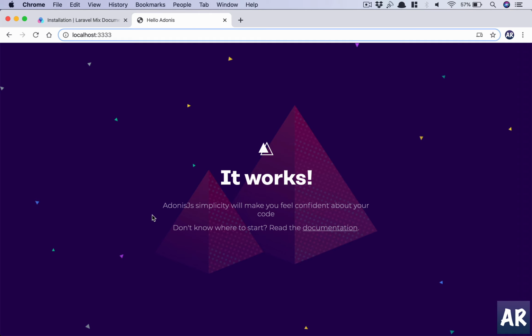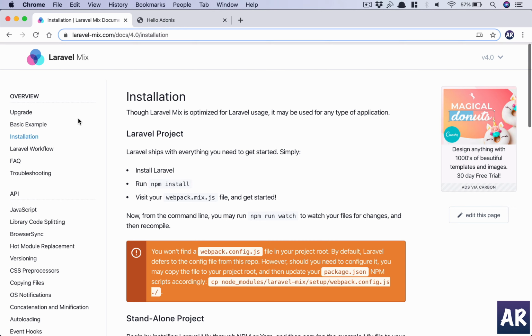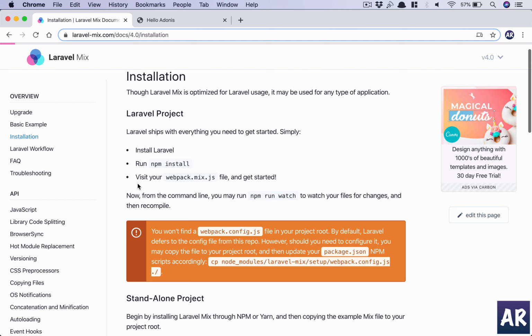something which the browser understands. Now typically this is done using Webpack, but there is one more package called Laravel Mix, which is a wrapper on top of Webpack, and it allows you to very easily configure things without getting deep into Webpack. So I am going to use that. Laravel uses Laravel Mix for its entire front-end scaffolding, and hence, to keep things very similar, we are going to use that as well. Now, to get started, the first thing which we need to do is obviously install Laravel